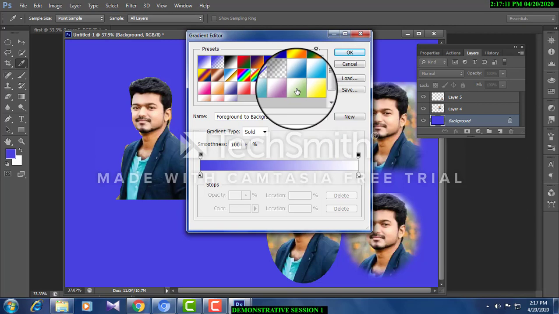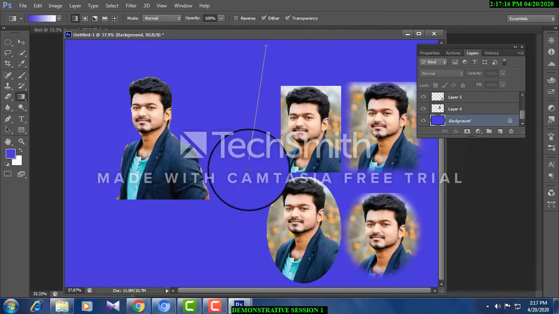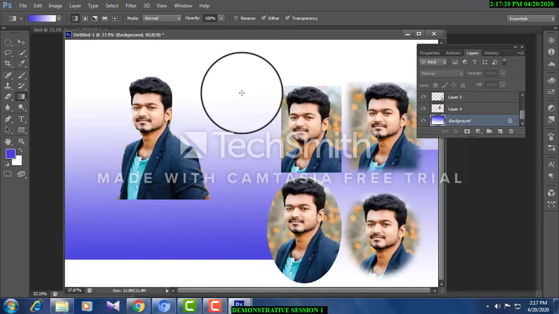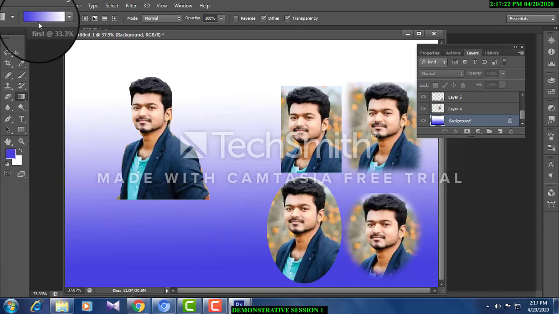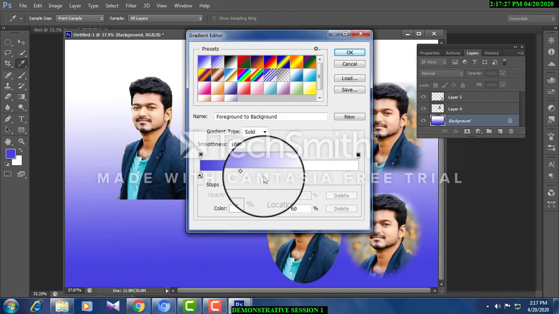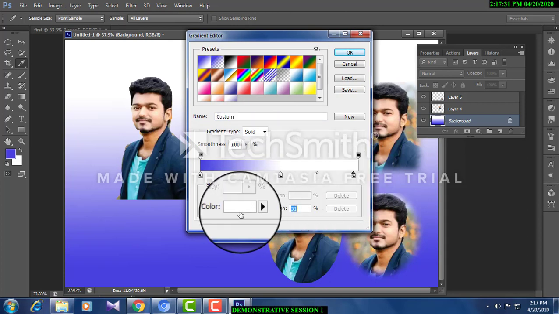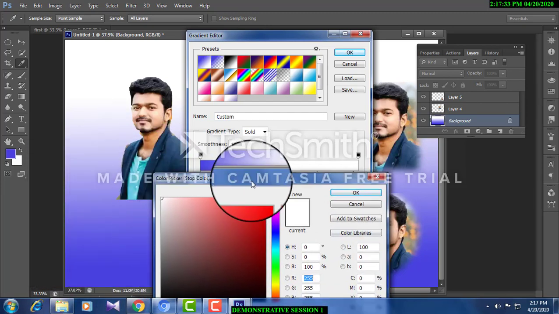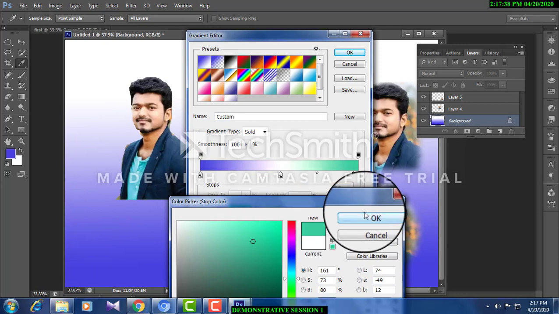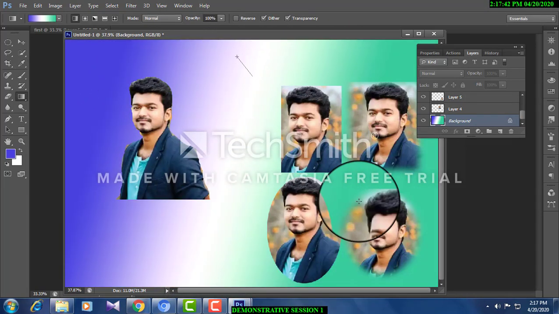Now I'm choosing this blue background. See, this color is ready. Now draw it. See the color. You can have your own colors. Look at here. If you want to make one more color, just make a move, adjust this. You can, by clicking, you can add color. See, now white color has added. Now you want to change the color, in the panel, you can change. For example, see, now able to see.